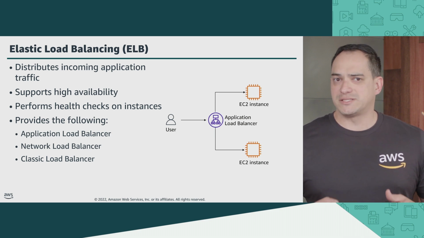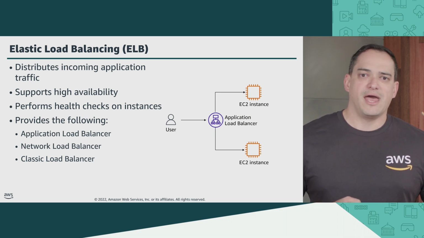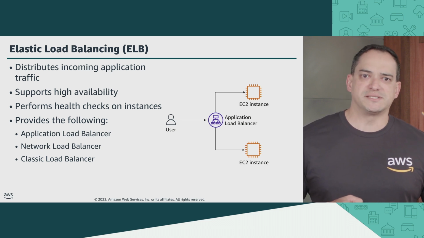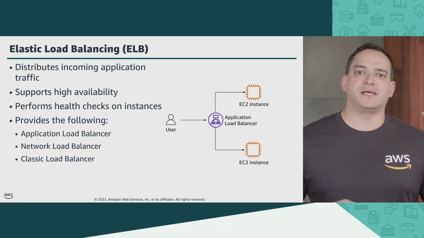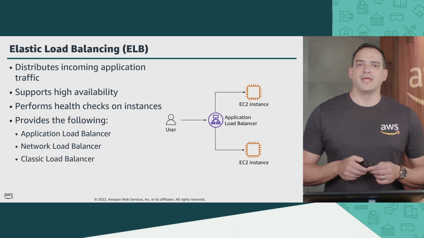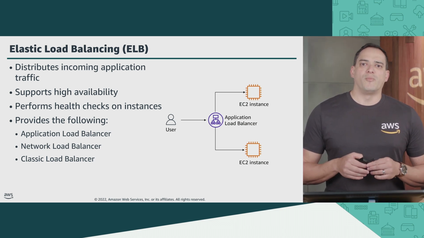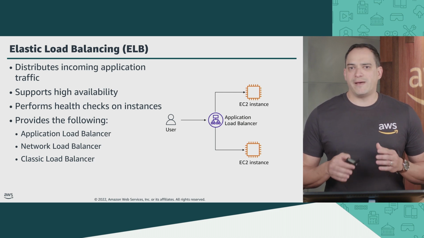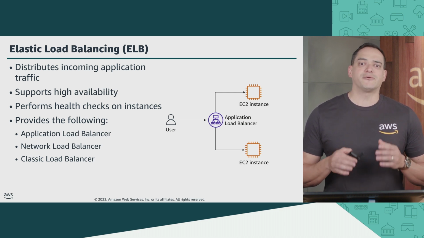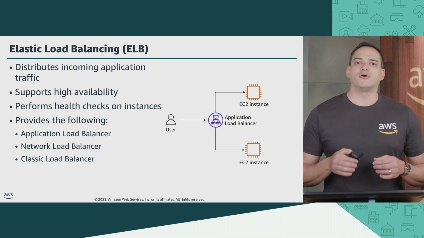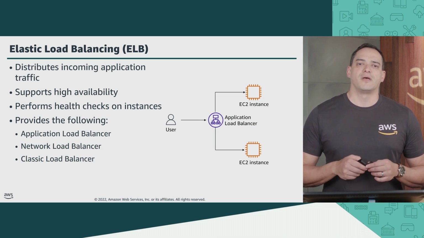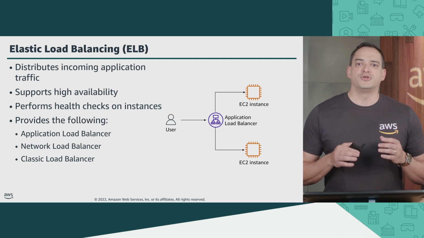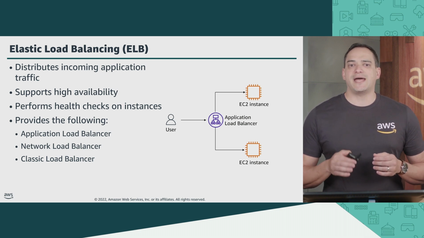A network load balancer operates at the connection level and routes connections to targets such as EC2 instances, microservices, and containers within a VPC based on IP protocol data. It's ideal for load balancing both TCP and UDP traffic. This type of load balancer is capable of handling millions of requests per second while maintaining ultra-low latencies. A network load balancer is optimized to handle sudden and volatile traffic patterns while using a single static IP address